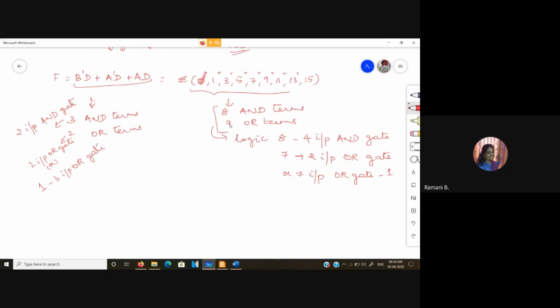Just for our understanding, we can consider it like this. So from this you can see how much the hardware is getting minimized. Here I require only 2-input AND gates, and 3 AND gates are enough. Whereas for the same expression in the actual form, I need 8 AND gates, and each of the AND gates should have 4 inputs. So that is the purpose of going for minimization.